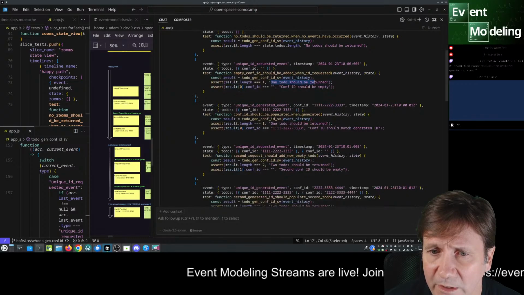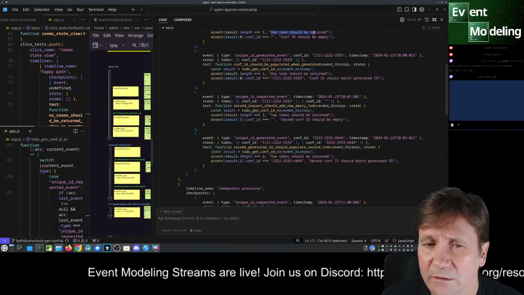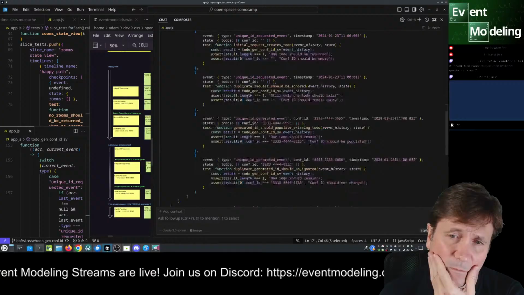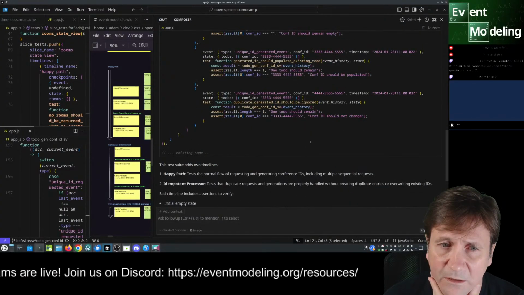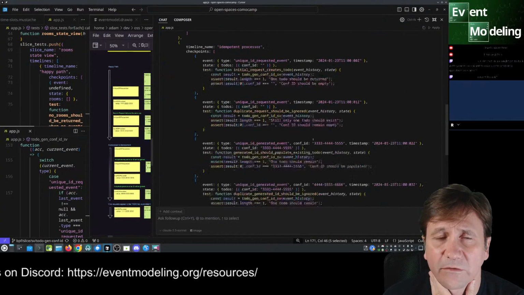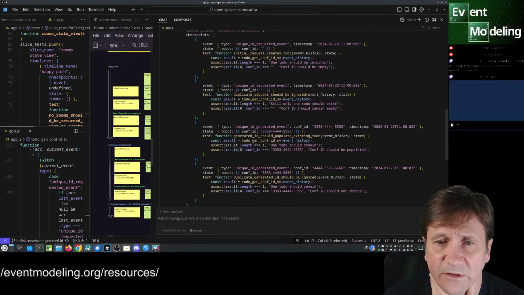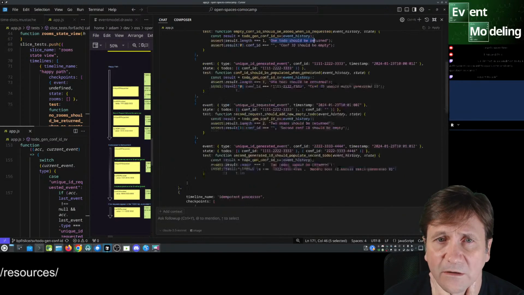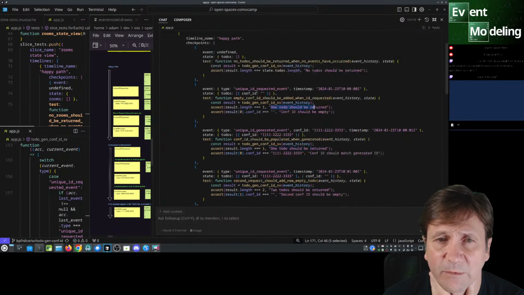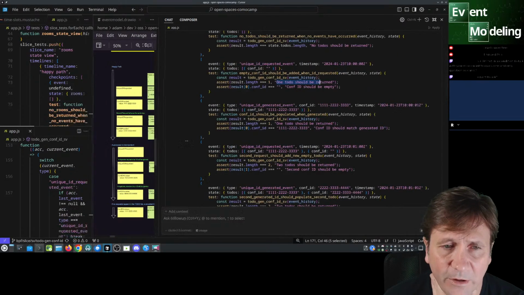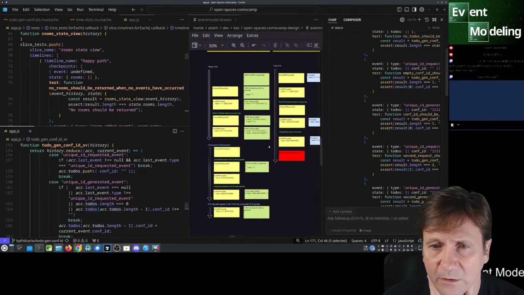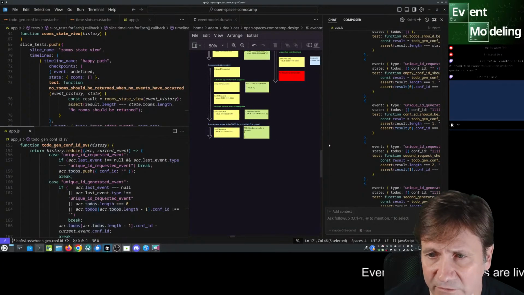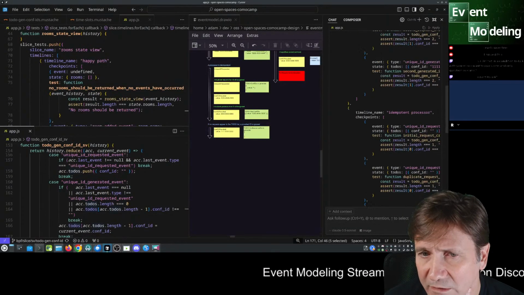One to-do should be okay. Oh, wow. Now, how many did it have? Idempotent processor, it does have that. It does have a happy path, but it didn't pick up the bottom. It doesn't have this last one, I don't think.